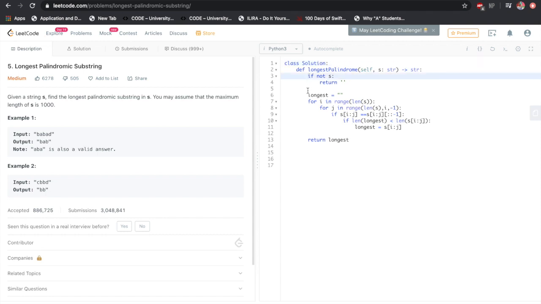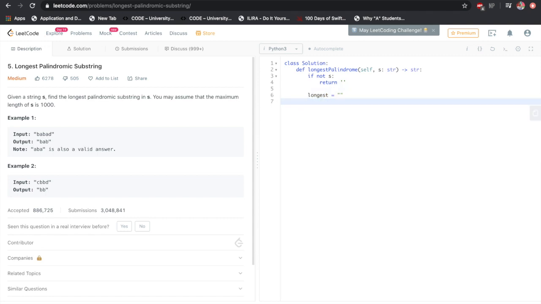Okay, so I'm going to get rid of this, and then we're going to have another solution. How we are going to go about it is that we're going to build palindromes from the middle out. What I mean is that we're going to loop through the string and treat each character as the middle of the palindrome. And then you're going to try and build the palindrome by comparing the characters on the left with the characters